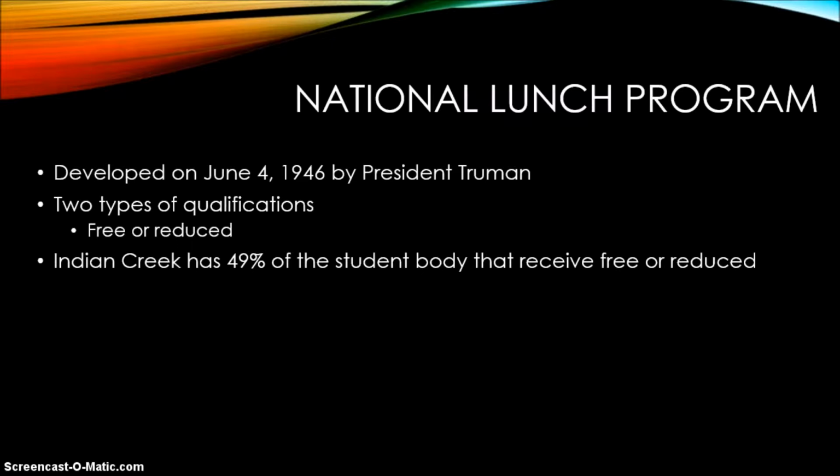The program has 2 types of qualifications that are based upon the total family income. They are free or reduced lunch. Those who are substantially below the poverty level qualify for free lunch, in which the students do not have to pay for their lunch, and those who qualify for reduced lunch are a little above poverty, so instead of paying $1.50 for lunch, they pay around 40 cents. The program services over 49% of the students within our school district. The district pays for the food costs first, and then they receive a reimbursement check from the government.